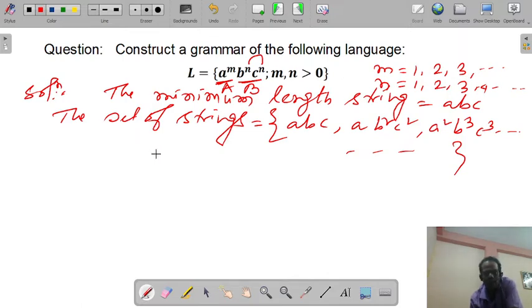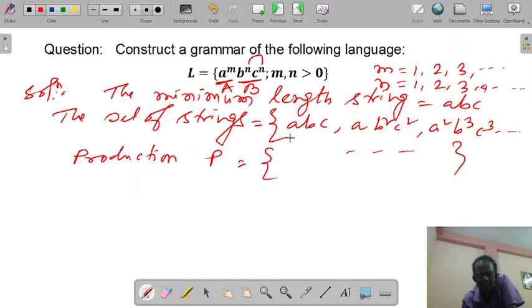So we try to find out the production set, that is P. That will be what? So S implies AB.